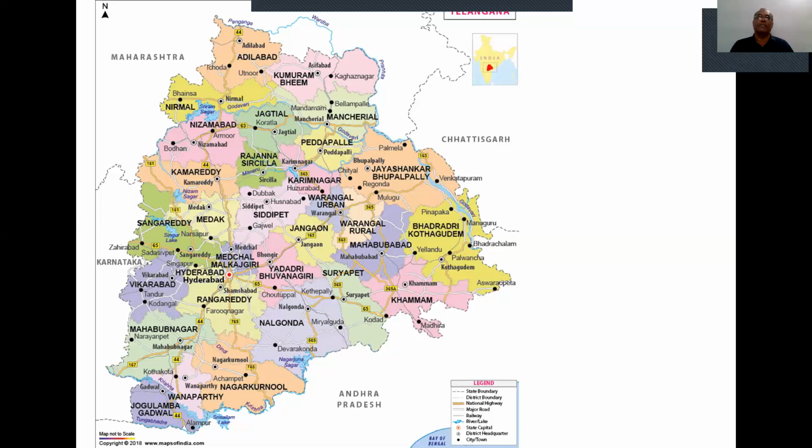So if you take from ancient period, right from the Satavahana period, if you come down to the medieval period from the times of Nizams or Asaf Jahis, you have some kind of recorded information which is available to us. And all this becomes the sources for the study of the region of this part, which we call the Telangana history. The history of Telangana comes under the category of regional history, which is a part of the main framework of Indian history. So before going into other details, I just want you to see some more.